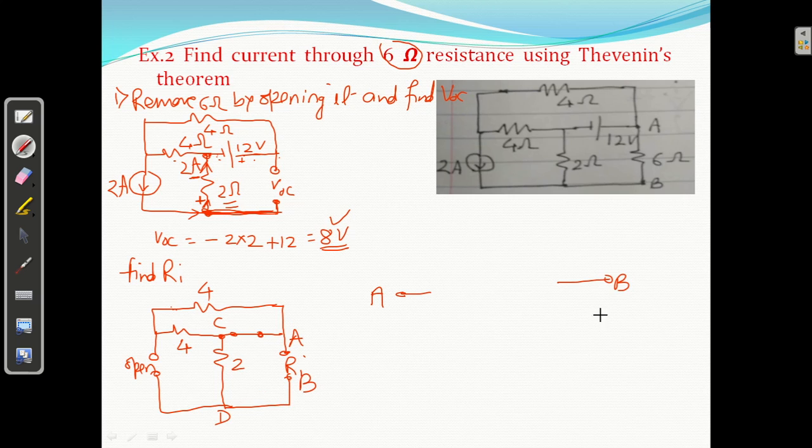B and D will be same point. Why? Because there is no resistance between B and D. If resistance is 0, voltage drop will be 0, potential of B and D will be same. Similarly, what is the resistance between A and C? Resistance between A and C is 0. If resistance 0 here, voltage drop will be 0. So potential of A and C will be same. So C here. Okay. Now join A, C to D, 2 ohm. C कहाँ है ये? C. This is D. Here, 2 ohm.